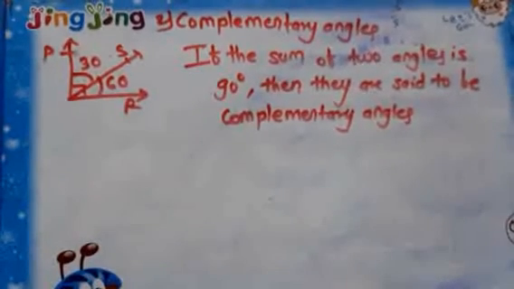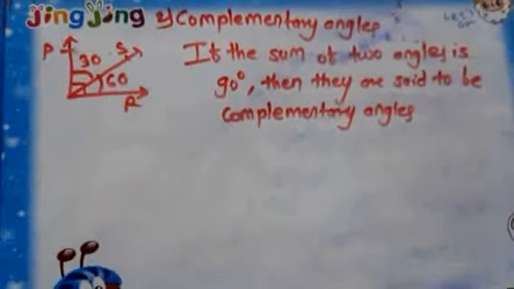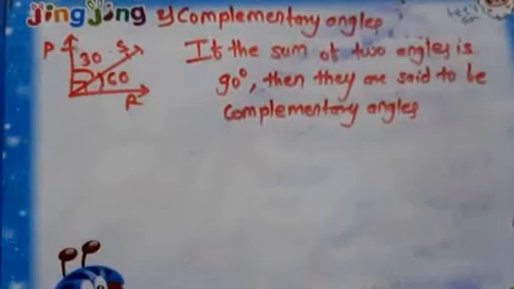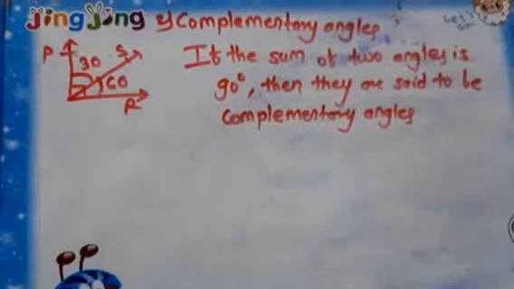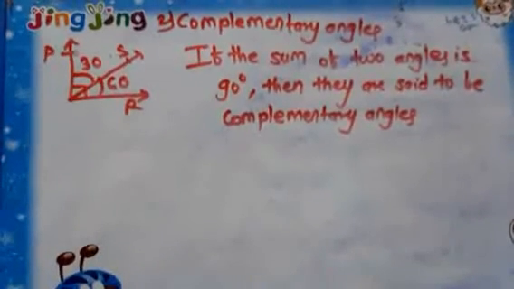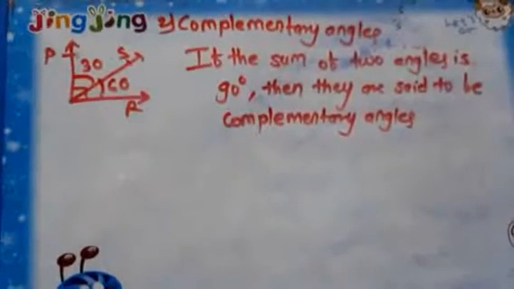Today we are going to start angle pairs. Next concept, complementary angles. Complementary angles can be defined as: if the sum of two angles is 90 degrees, then they are said to be